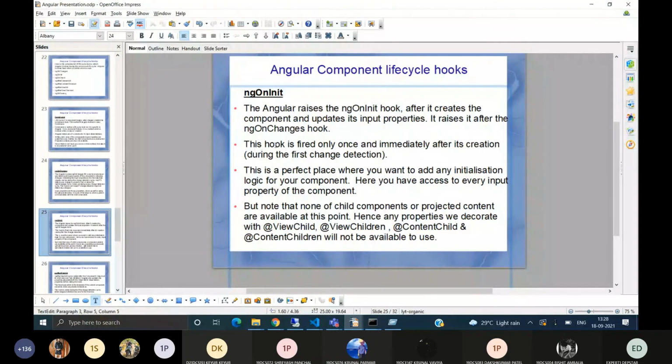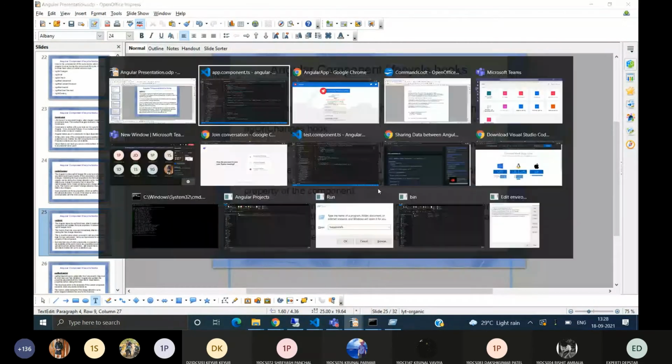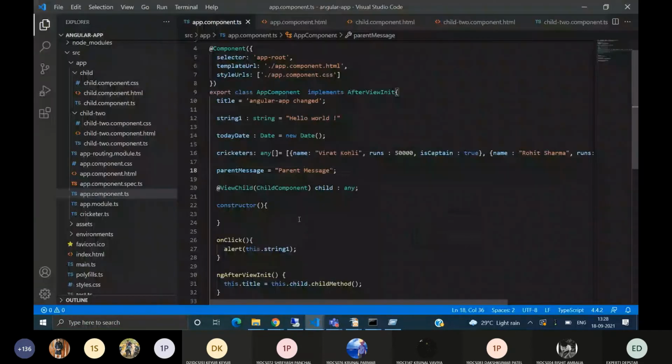This hook is fired only once, immediately after creation, during the first change detection. This is the perfect place to add any initialization logic for your component. Here you have access to every input property of the component. If we want to fetch data from the server to show in the component, then we will do it in ngOnInit.